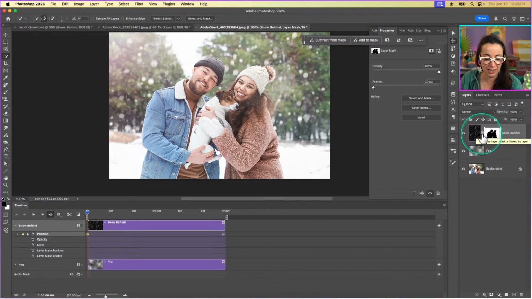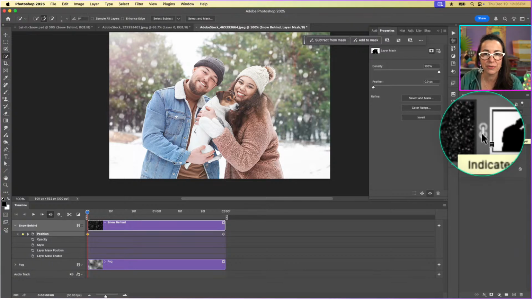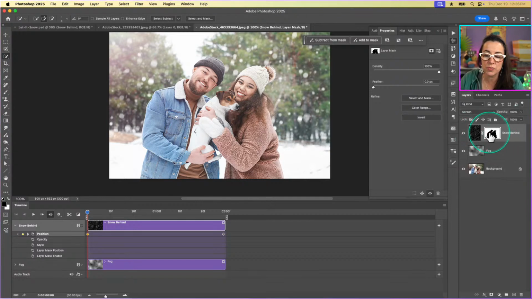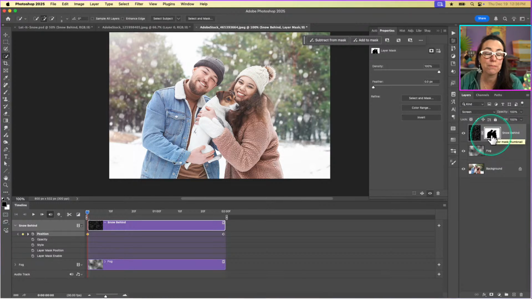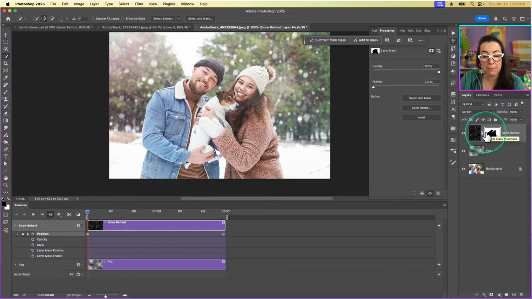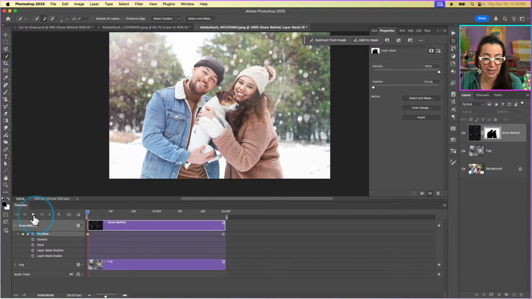we need to unlink the mask, right? So just like a mask on Halloween hides parts of your face and then there's like cutouts for your eyes maybe. That's just what this is doing. So the black areas are hiding or blocking this layer from showing, and the white areas are letting that area show. The link means that as this layer moves, the mask would move with it, which would be super weird if we animate it because,